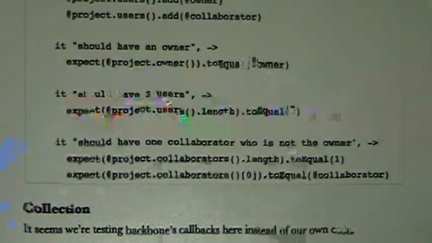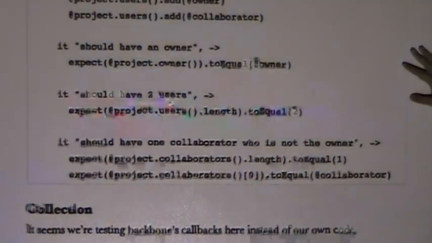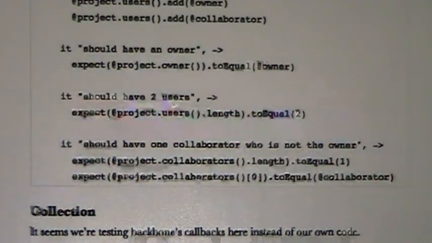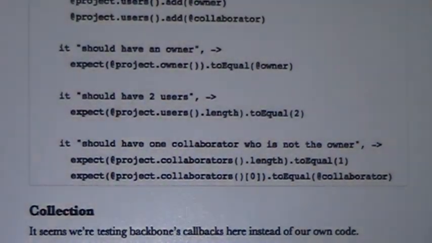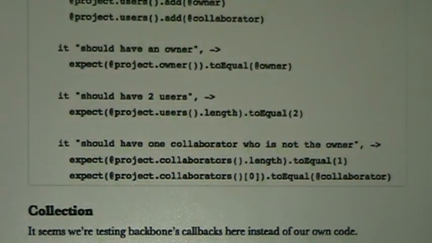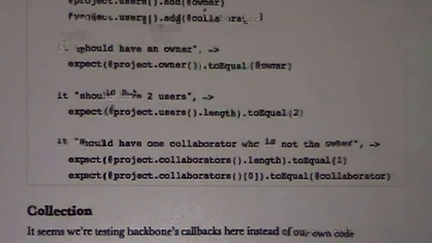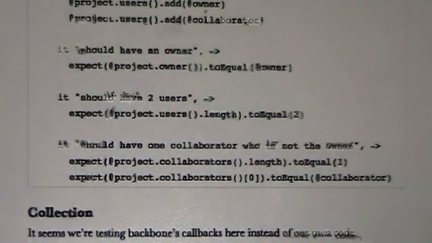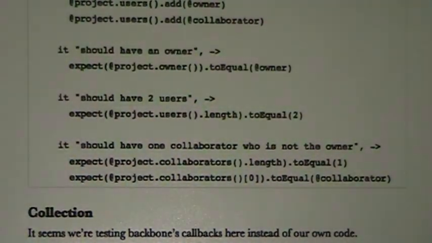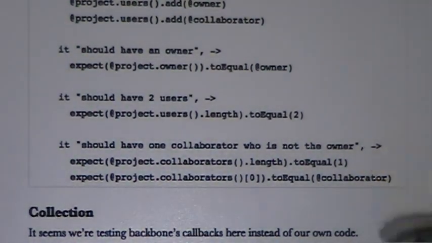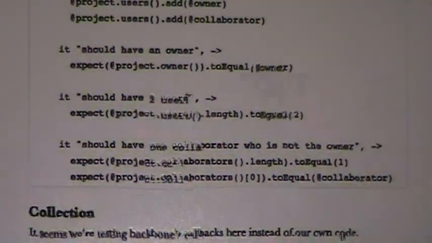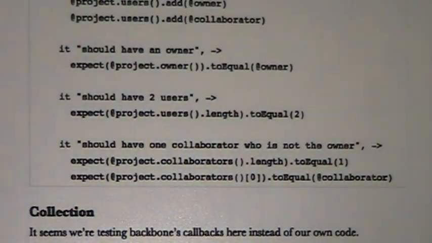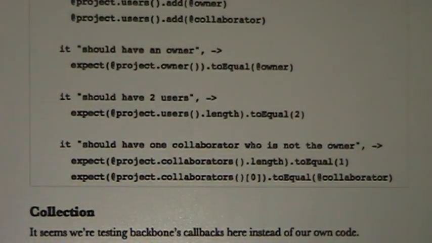In this part, you test if there's an owner. In Scenario there are two types of users: the owner, the one who owns the project, and the collaborator. Both of them are users, so you have to test the two users. And this one elaborates the point that the collaborator is not the owner.